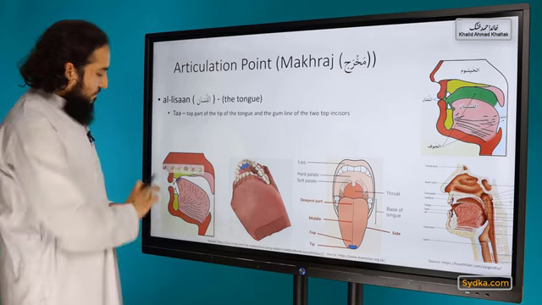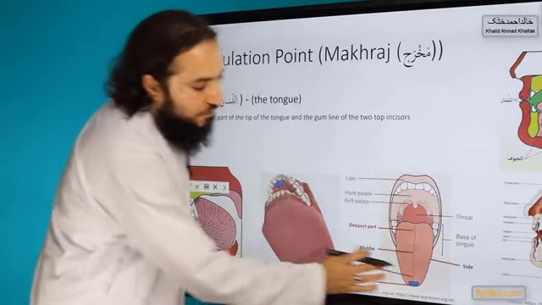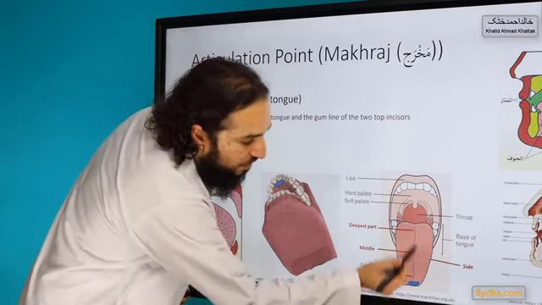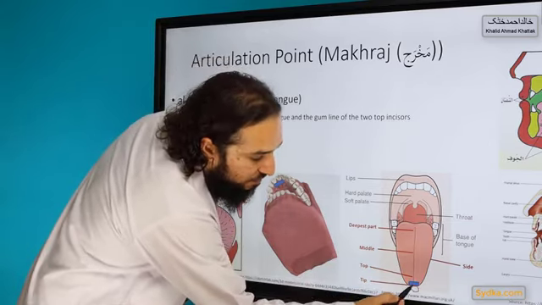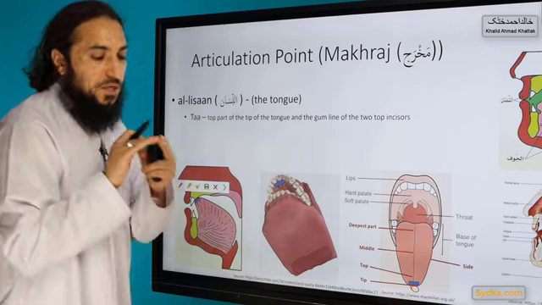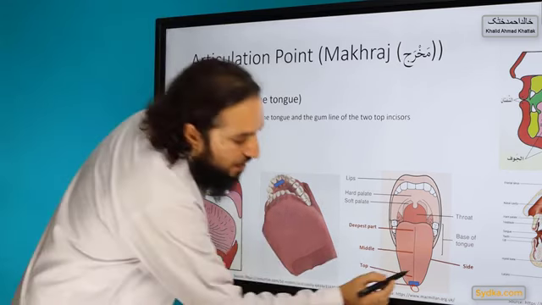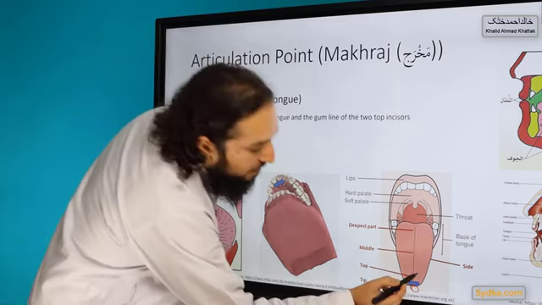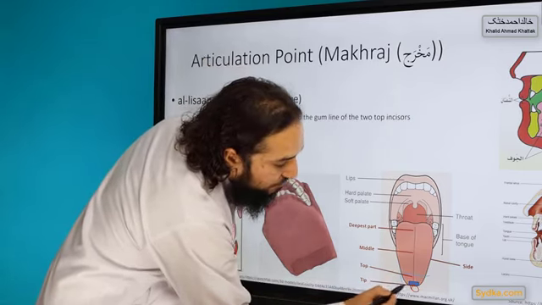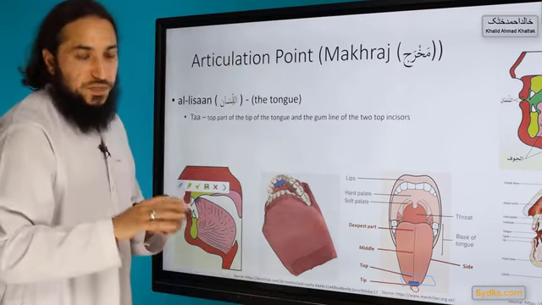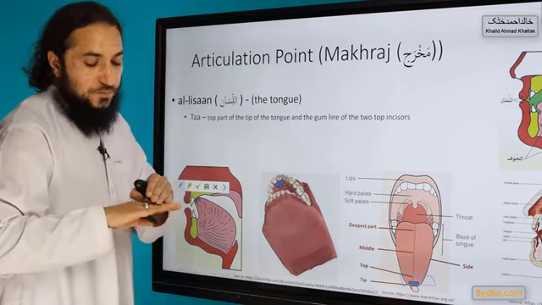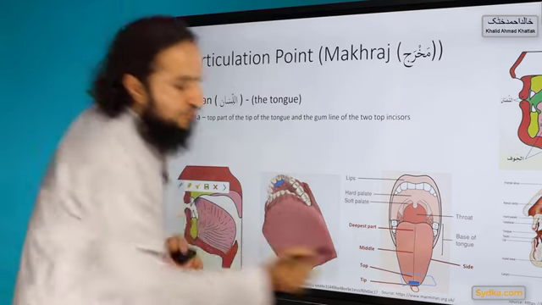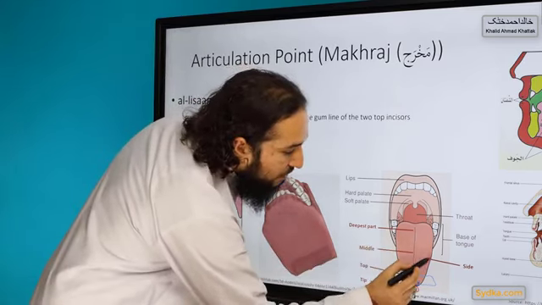Okay, so what we can do, if you see, the tongue can be divided into multiple parts. If you see here, that's the tip of the tongue. Let me change the color. If you see here, this part is the top of the tongue. So the first one is the tip of the tongue, and the next one is the top of the tongue, and from there to there, for example, is